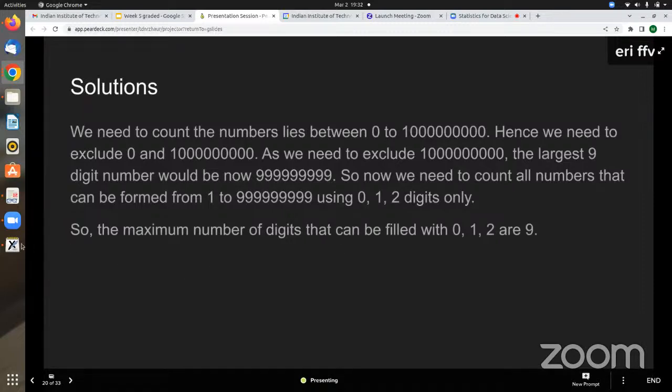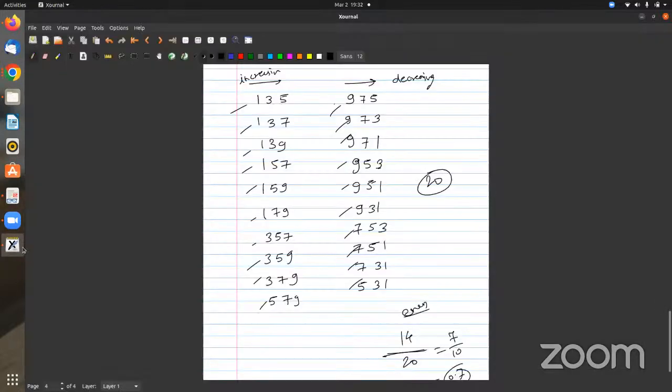So 0 cannot be here, right, at the first place. So here you can have only 1 and 2, right? And you have to use the same numbers at other places. So you can see,